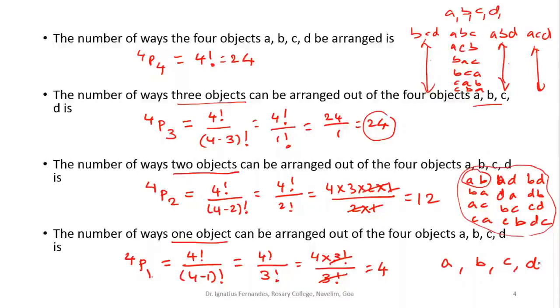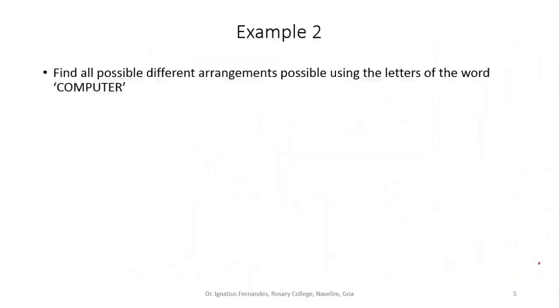We are arranging only one object. So this permutation gives us the number of ways we can arrange n objects taken r at a time with that formula. Okay, so if I have to consider this example, find all possible different arrangements possible using the letters